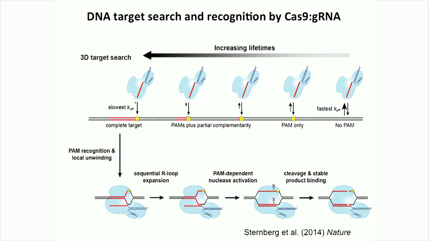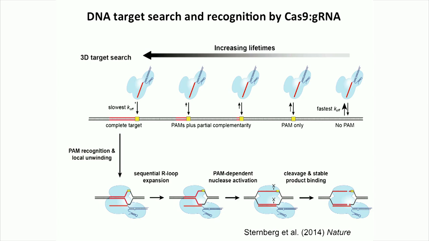And that interaction then might provide time for initial base pairing interaction between the guide part of the RNA and the DNA. And I'm showing it here as we imagine this to be involving a local unwinding of the DNA. And I don't really understand the details yet of how that works,